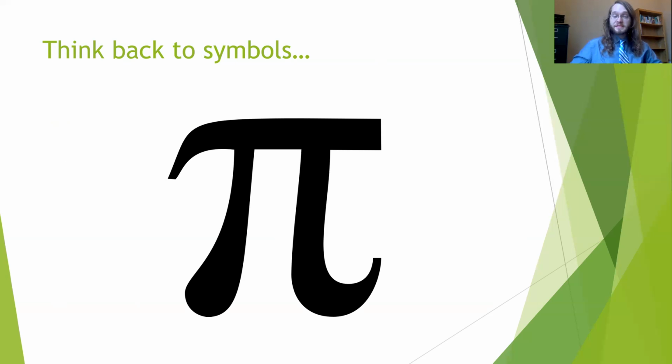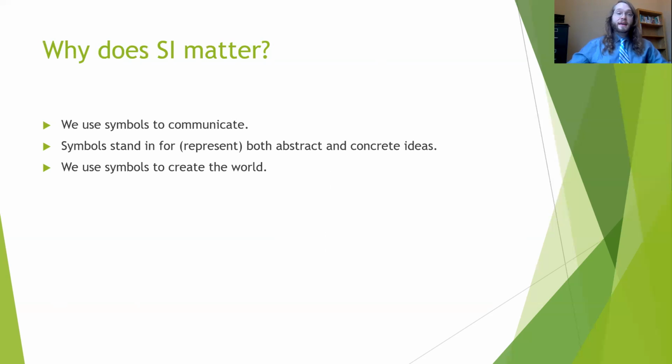Last week, I talked a little bit about this idea of symbols, such as the pi symbol being used to represent communication phenomena. In this way, SI, or symbolic interaction, is how we use symbols to communicate, whether they're words, images, and so on. The letters DOG to spell dog represent the idea of a four-legged canine. And we use those symbols and use of language to connect with other people on a day-to-day basis. That idea of using symbols to share and convey who we are is at the core of symbolic interaction theory.